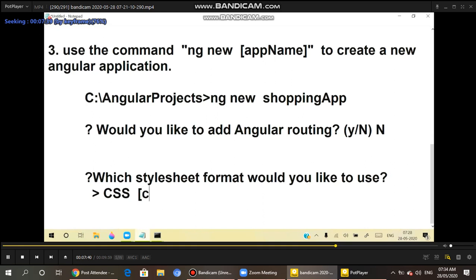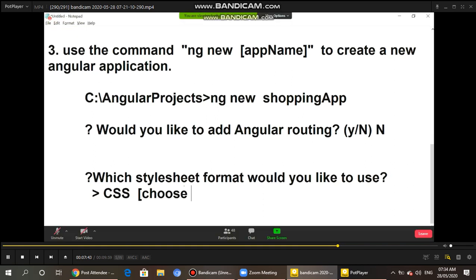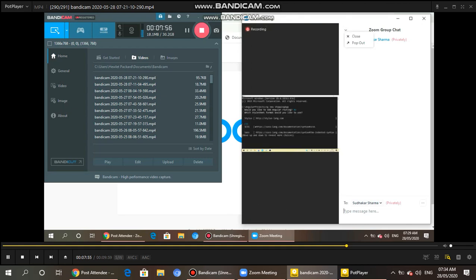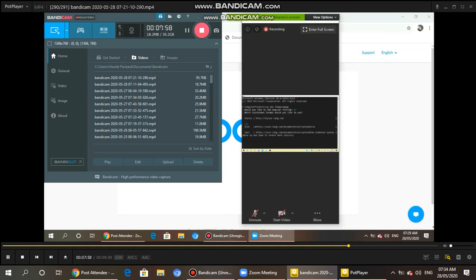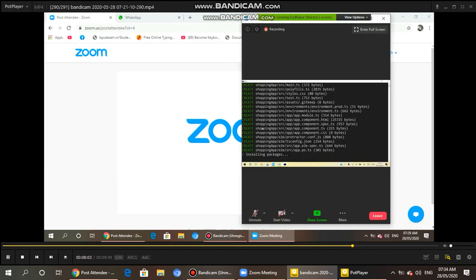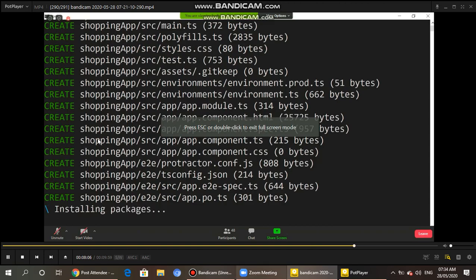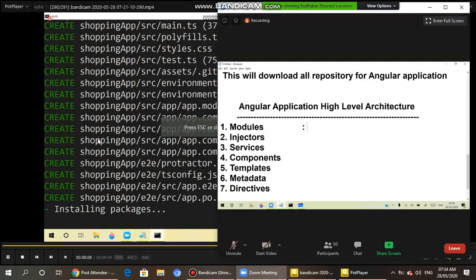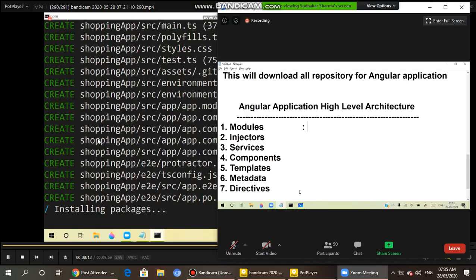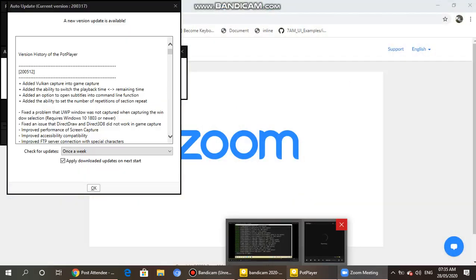That run the Angular application. So what are modules? Already we know about modules. We discussed modules and namespaces in TypeScript recently. What is the modules concept? Technically, we know that a module